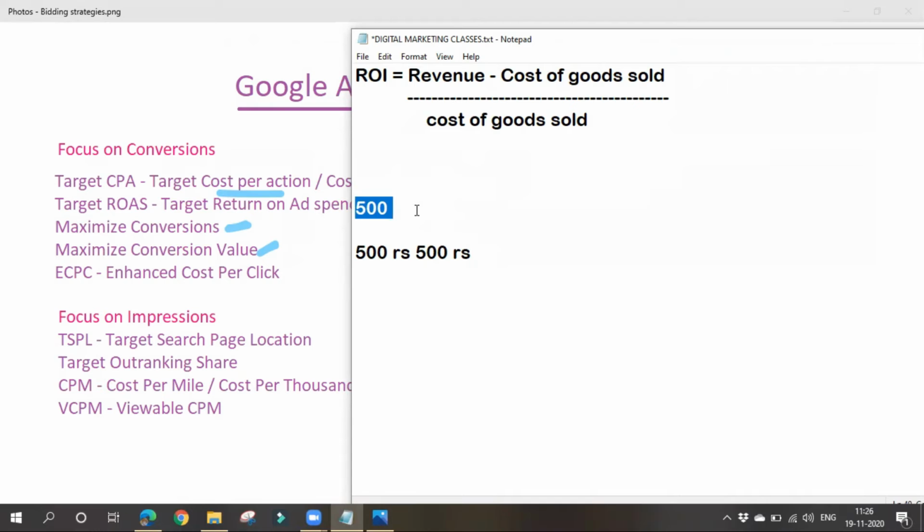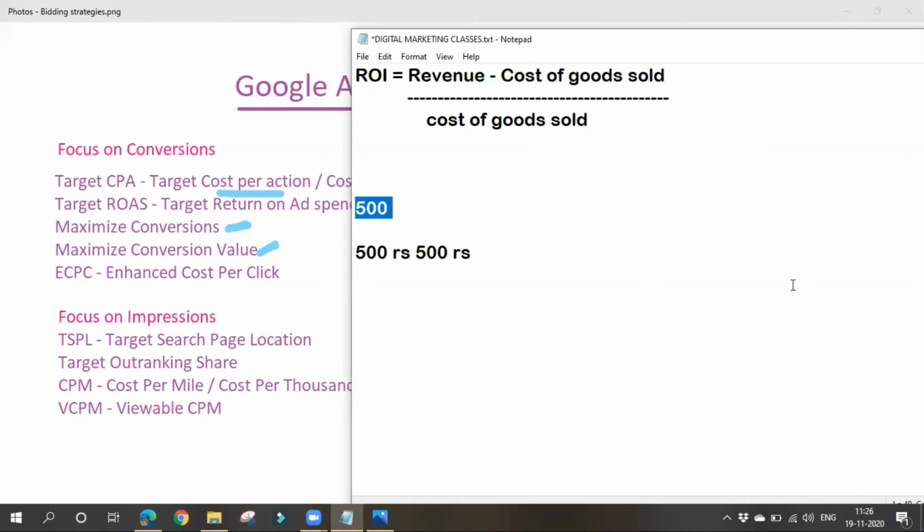Like that, it will try to get more and more conversion value. So we define the value that we want to maximize. Here we can define the value we want to maximize, such as whether we want to maximize the sales, our profit margins, or our revenue.